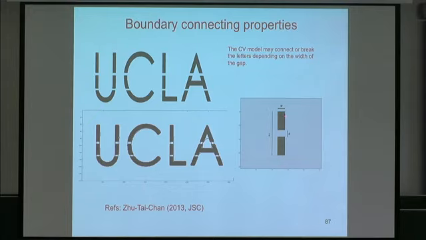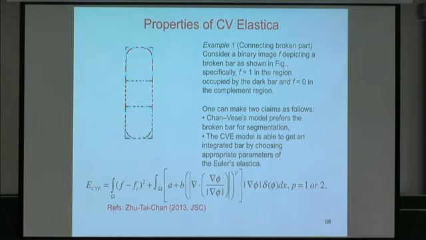One of the examples in this paper is that if this is the input image, F equal to 0 here and 1 here, the result depends on the gap and the width. If the gap is bigger than the width, the TV will give the broken part. But we can show that if you use the Elastica, no matter how big this gap is, if you take the ratio between A and B properly, you can always connect this one, no matter how far away they are. This was given as an example. And here is also, you see that,